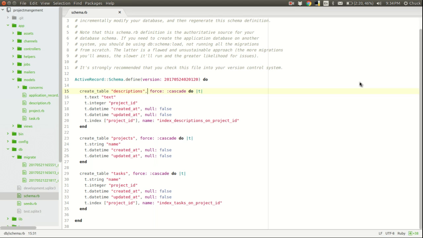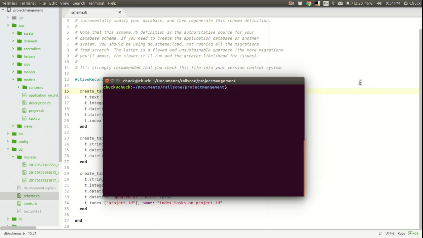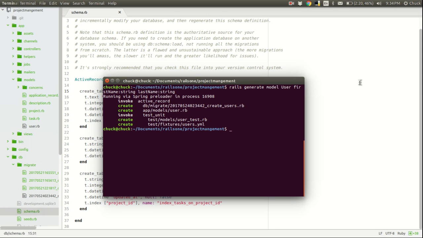So first things first, let's pull up our terminal and create our users model. We will give it a field of first name and last name. Both of those are type string. Generate that model, and then we will create a second model